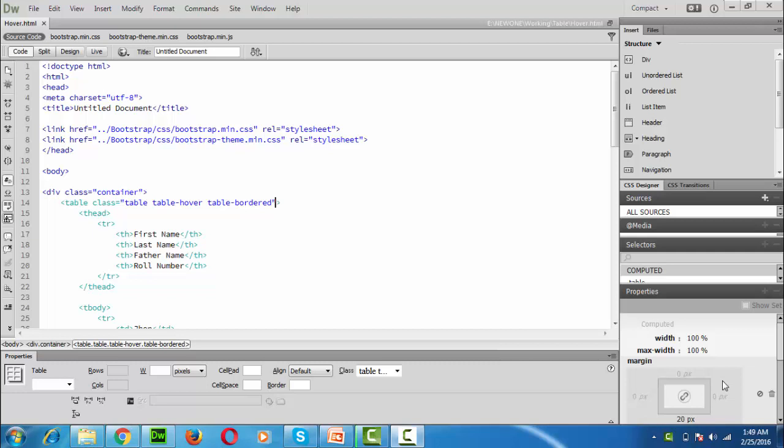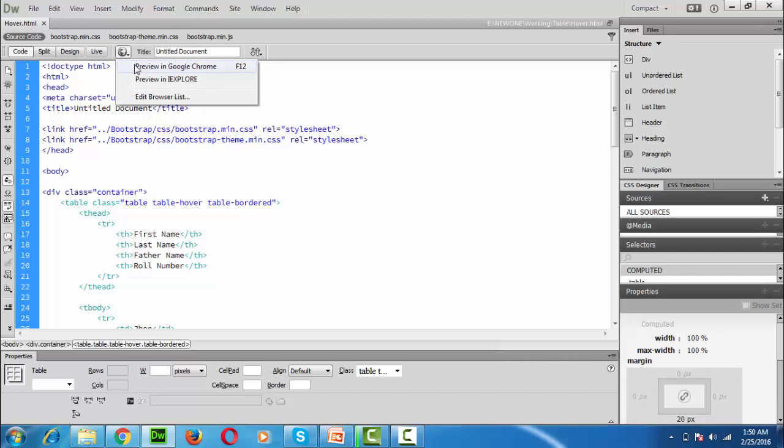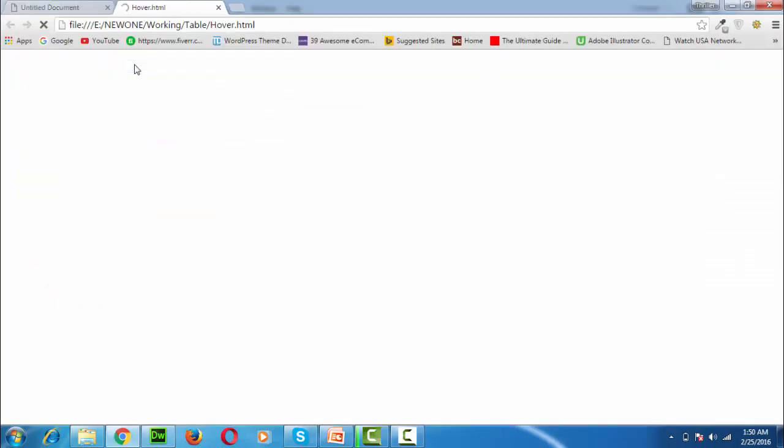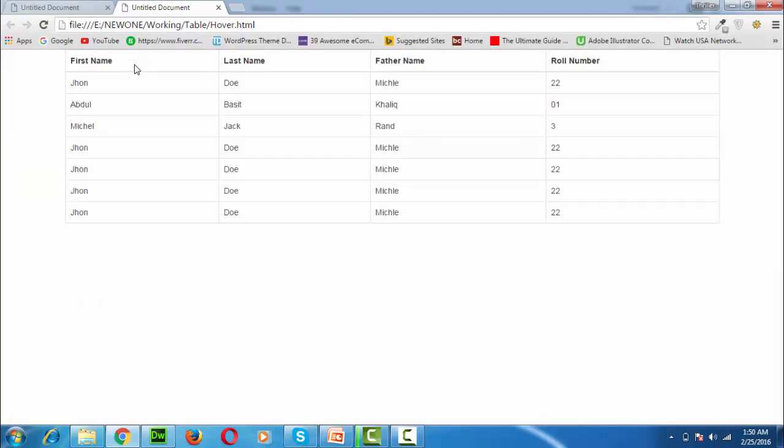Today I'm here to bring an exciting lecture for the basics of Bootstrap for you guys. Students, in our last lecture we have learned about the table hover. Table hover is basically the Bootstrap class, that is its built-in functionality we have used in our table in last lecture, and we create a hover effect whenever we bring our mouse on the